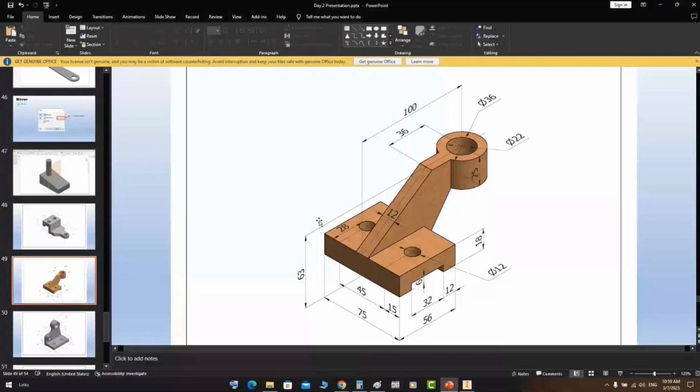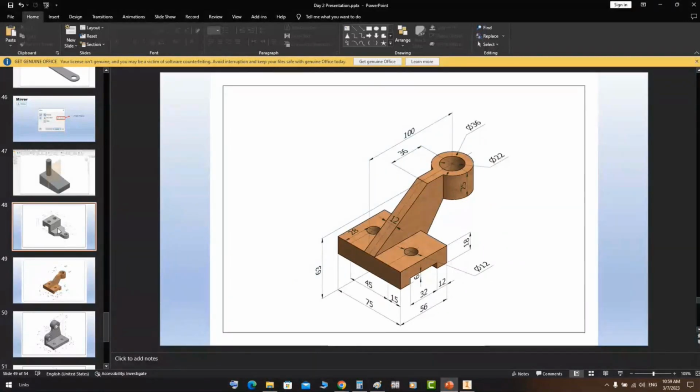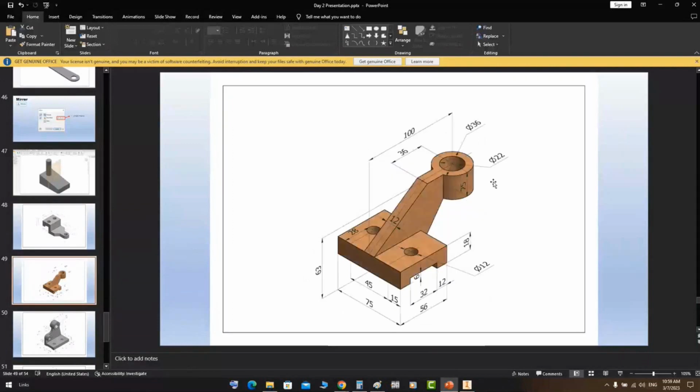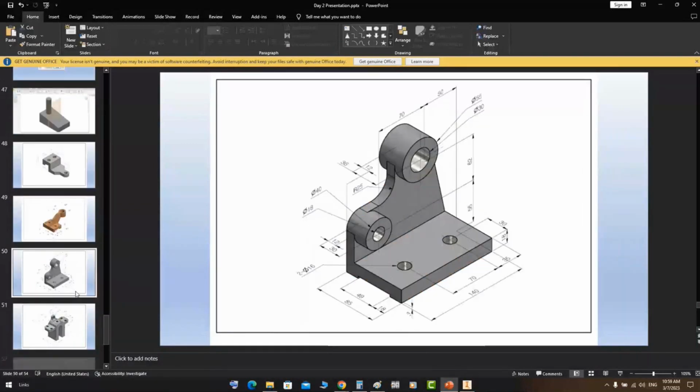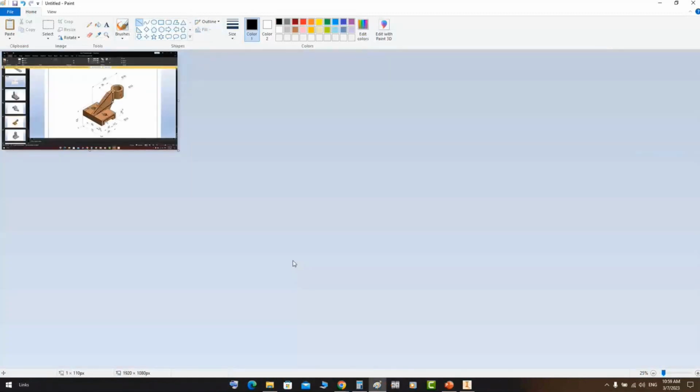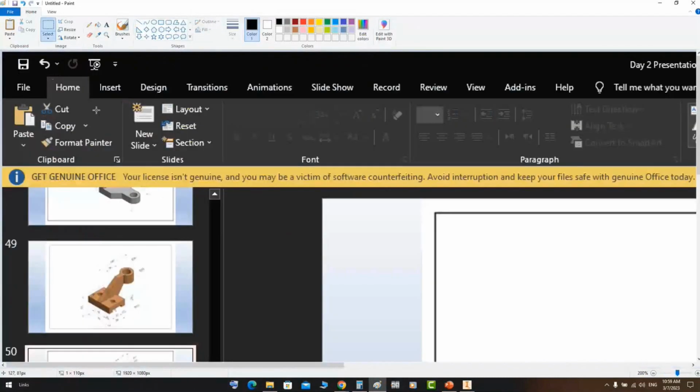Okay, so now we will go to another part. So in our samples we create this part by 2 different ways. Create that one, and now we will generate this part by 2 different ways. Okay, let's take a print screen, and here you can see